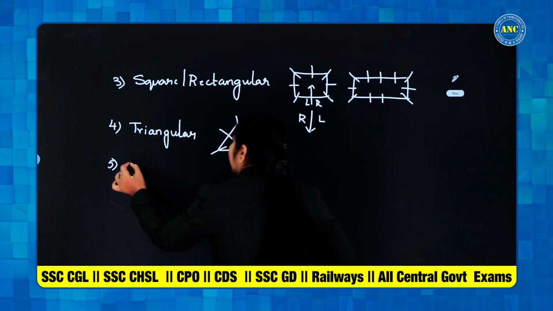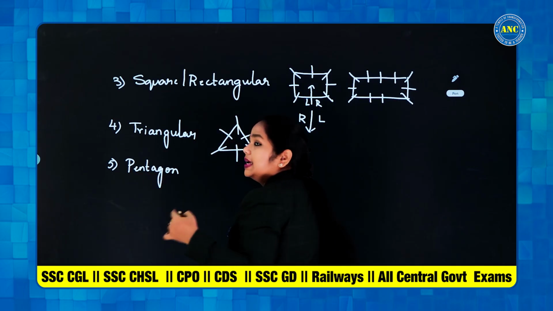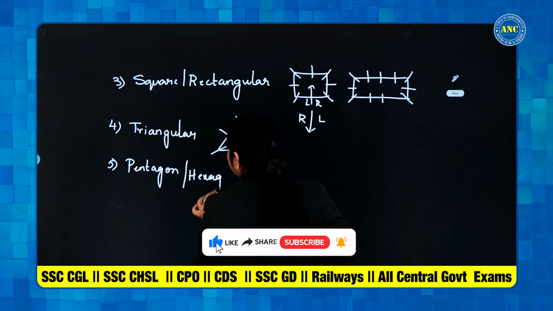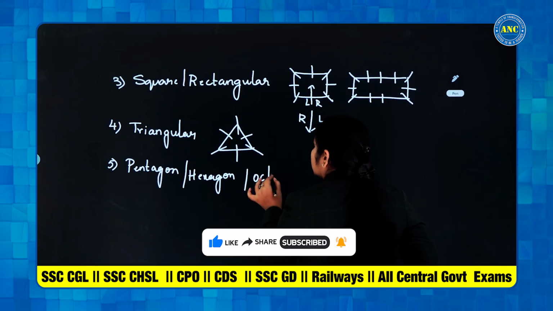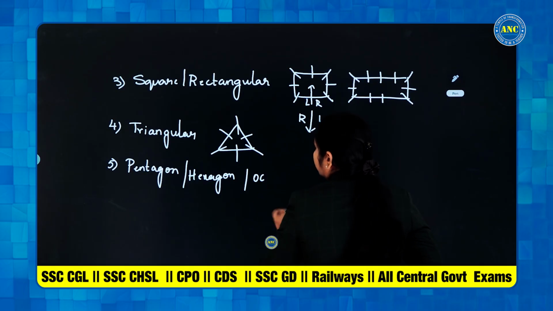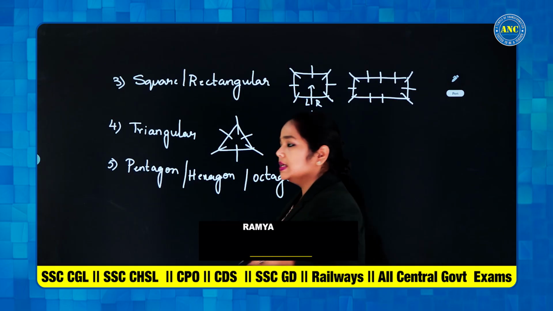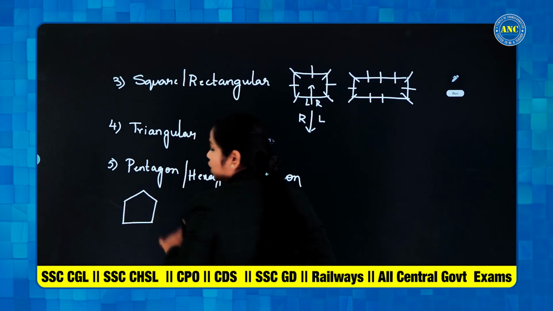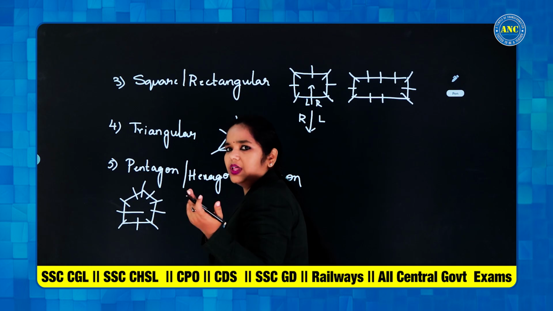We can see pentagon shaped seating arrangement or hexagon shaped seating arrangement, or octagon shaped seating arrangement. You getting what I am telling? Yes, these kind of seating arrangements also we will be seeing. Pentagon means 5 sides. Pentagon shaped seating arrangement, then we will have people arranged at the corners of the pentagon, again centers. Yes, that's how the arrangement is given.